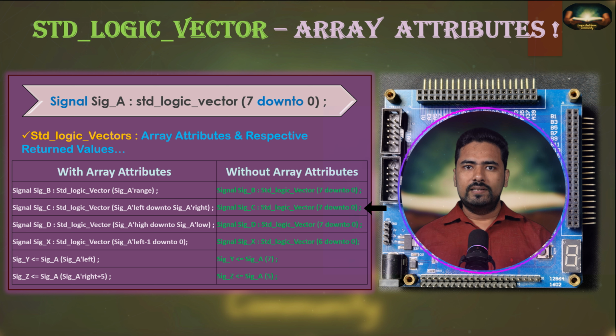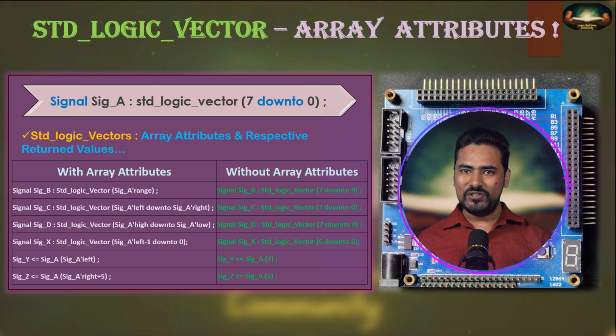Similarly, signal D is declared using the high and low attributes. So signal sig_D : std_logic_vector(A'high downto A'low); This is equivalent to signal sig_D : std_logic_vector(7 downto 0);